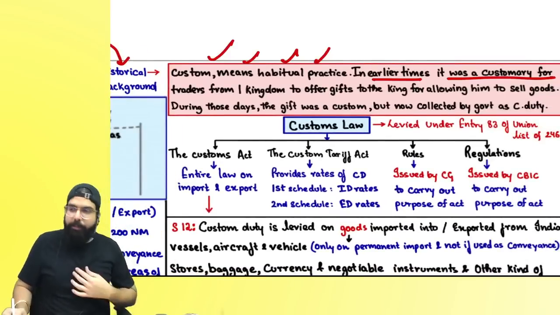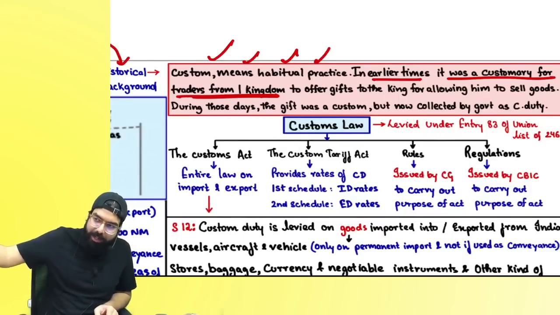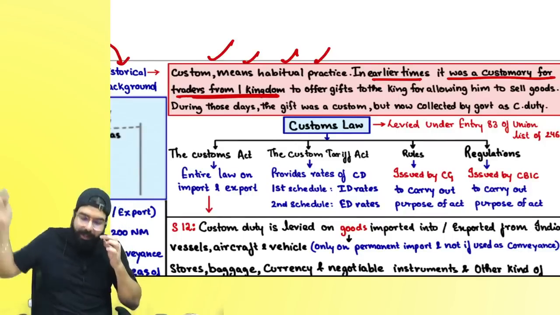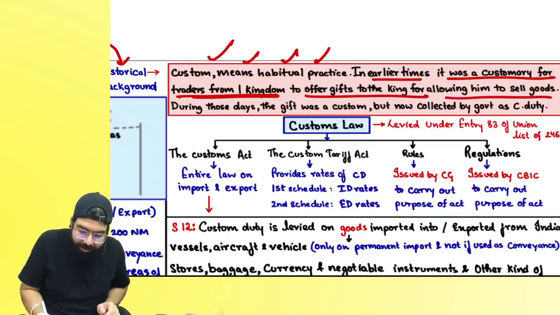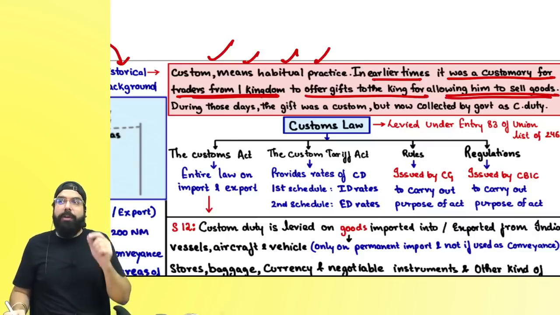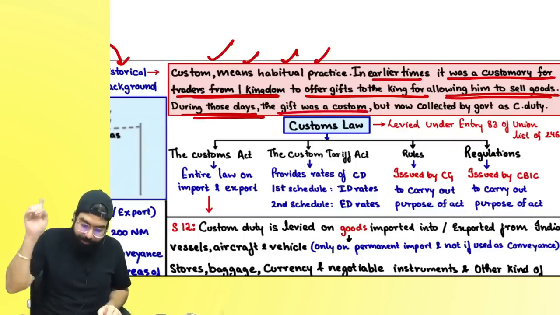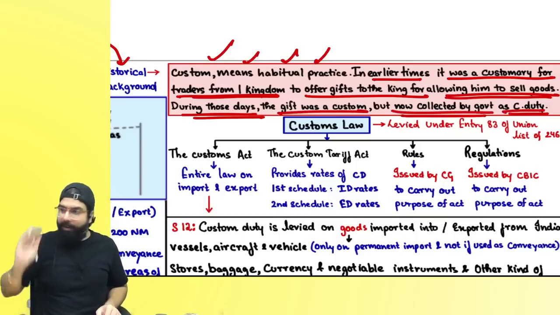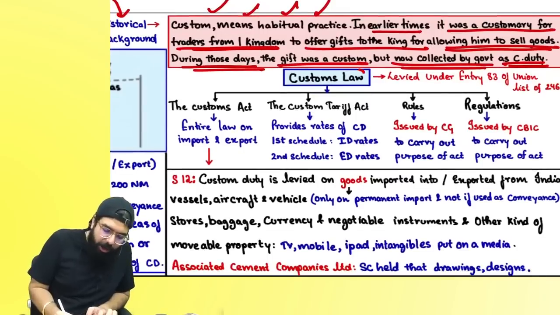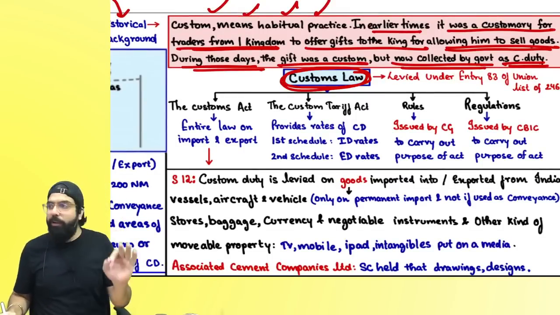It was customary that the traders from one kingdom, when they went to another kingdom, would offer some gift to the king so that the king is happy and allows them to sell their goods. This was earlier a custom. During those days, the gift was a custom. Now, it is being collected by the government as custom duty. Right, everyone? Now, whenever you talk about custom law, entry number 83 of the union list, article